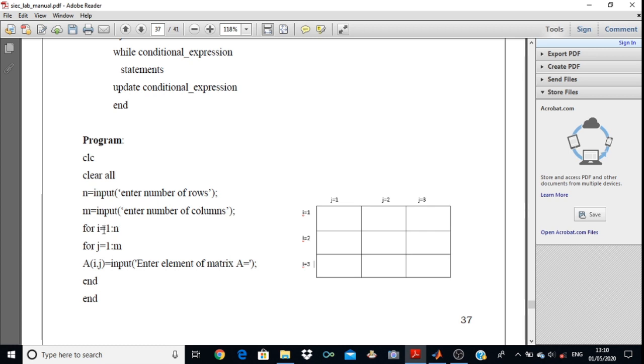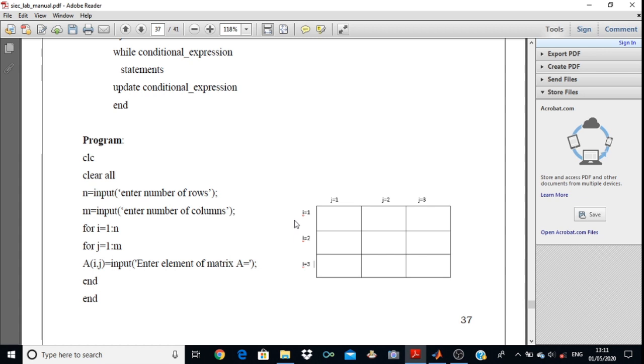So when i equals to 1, your control will now go to the inner loop. So here j equals to 1. So when i equals to 1 and j equals to 1, you type your first element. Now you update your j value. So the j value will be incremented by 1 because there is no interval, so it automatically gets incremented by 1.